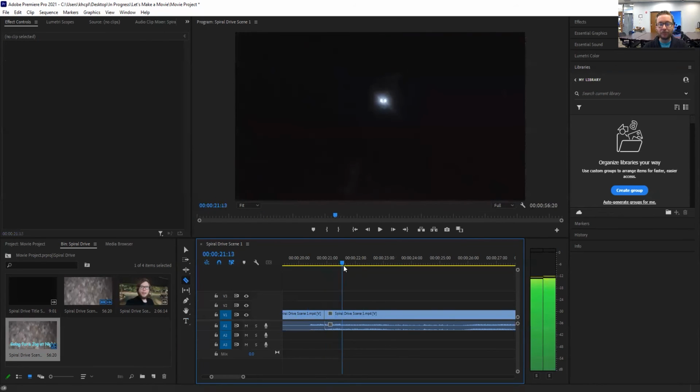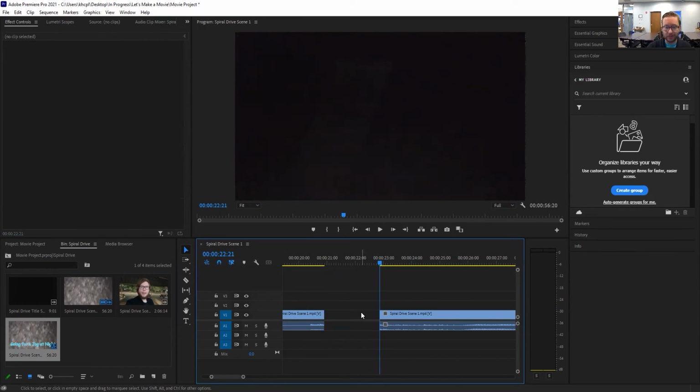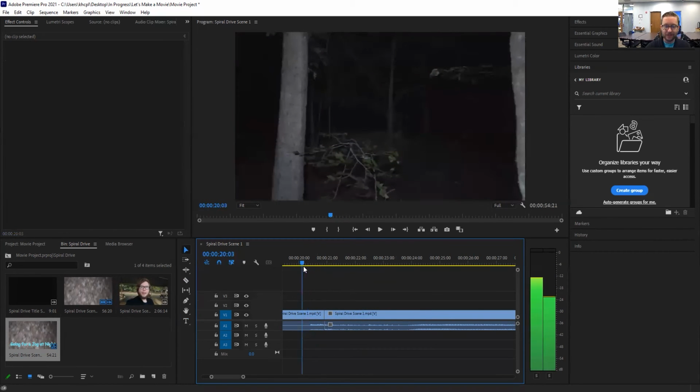And then I'm going to scrub through to get to the end of where we see the monster for the first time, which is right about there. I'm going to click on the razor tool again. And then I'm going to switch back to the selection tool and click on the spot that I have created a beginning and end mark for where that monster is. I'm going to hit the delete button on the keyboard. I'm going to right click on ripple edit. That's going to bring everything back over and snap everything right nicely back into place so that when I hit